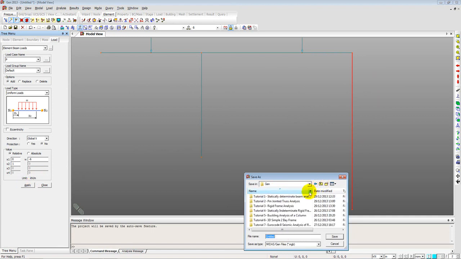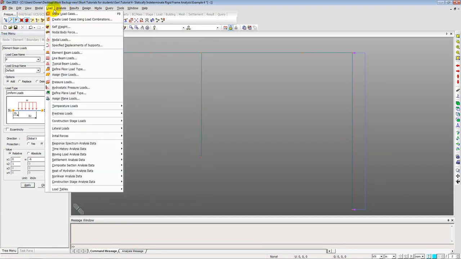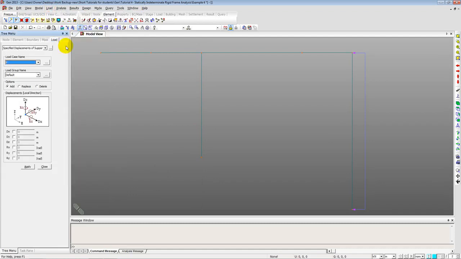Just save this model. So save this as example 4 and apply. So that's the minus 6 kilonewton per meter applied. The next thing is applying settlements. So we go to loads and select specified displacement of supports. Select specified displacements. Make sure we have selected DZ or vertical settlement. The value of the settlement is 3 millimeters for this support. So we enter minus 0.003, that is settlement in the downward direction,